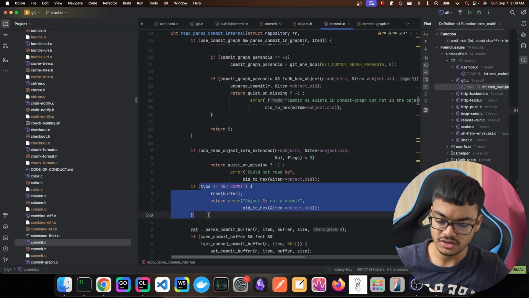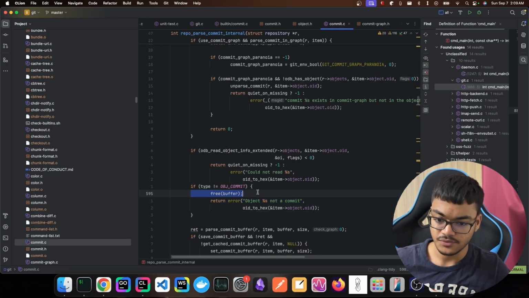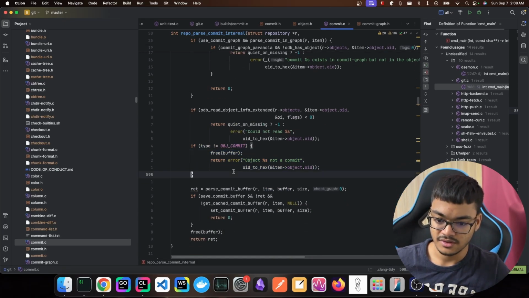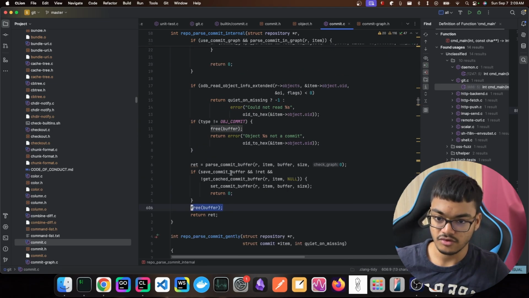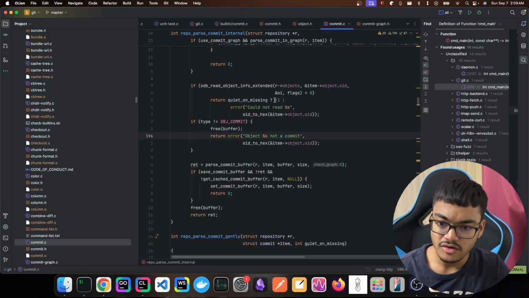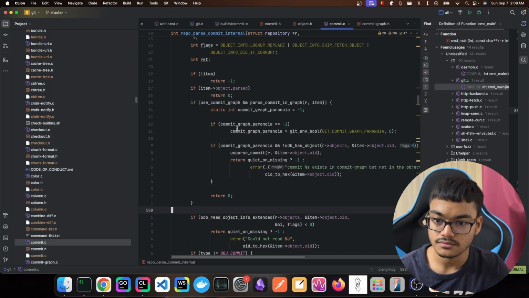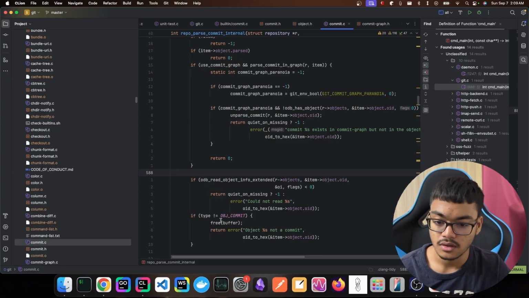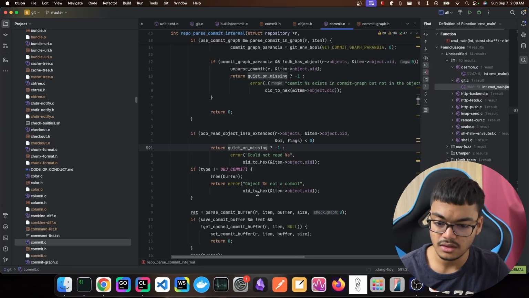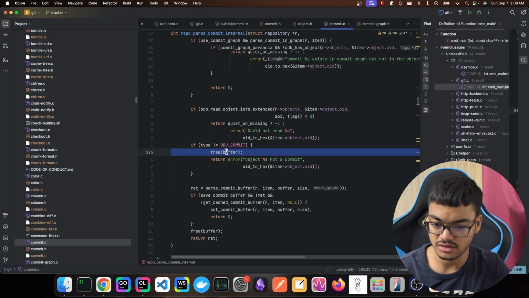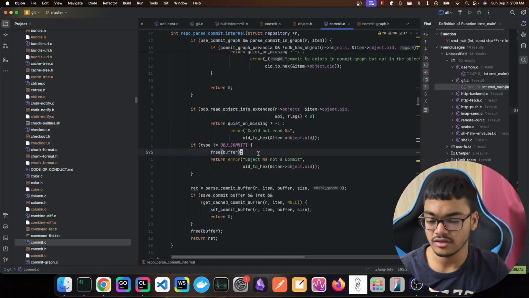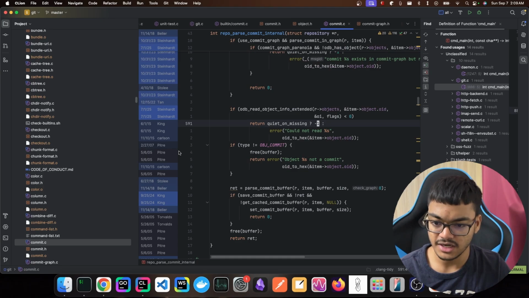Obviously this is just an assertion, always good to have assertions, and you have to free. And free, so notice that they have to free on every return. Are they not freeing here? Yo, what the heck? No, maybe they're only freeing here because the object is not a commit, and so everything is gone to heck or whatever. Anyways,